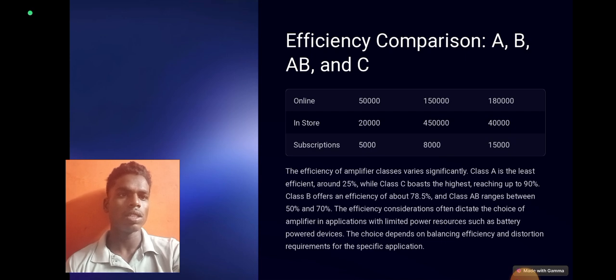Efficiency considerations often dictate the choice of amplifier in applications with limited power resources, such as battery powered devices. The choice depends on balancing efficiency and distortion requirements for the specific application.